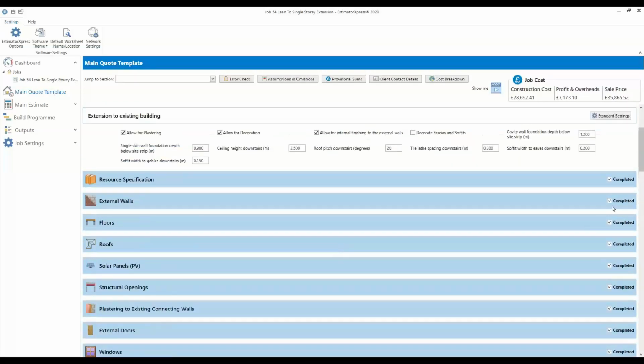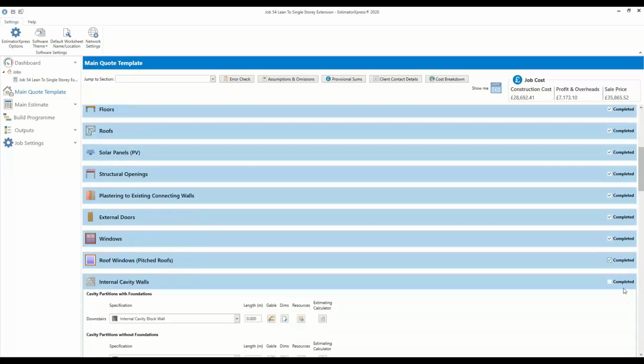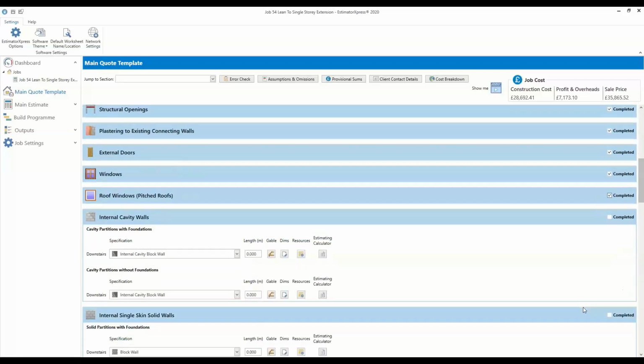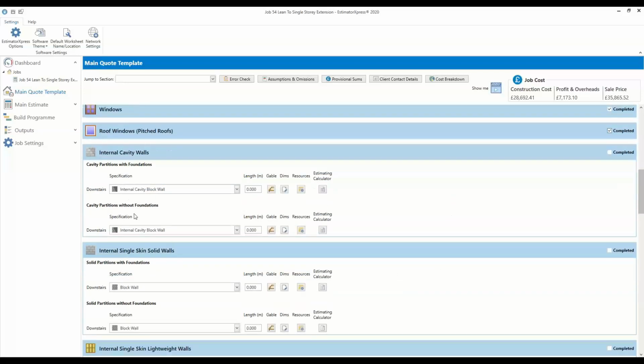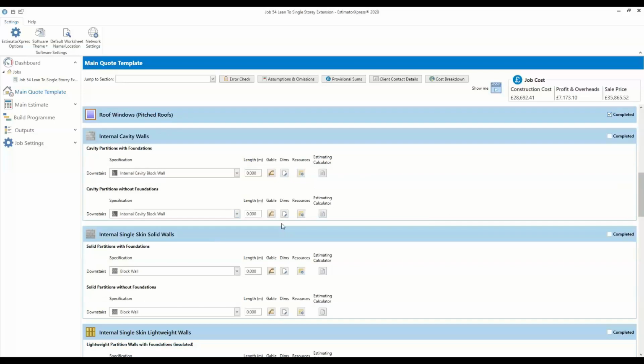So as you can see here, we're ticking boxes as we go down, making mental notes that we've done that section, and it's a case of then just working from top down to bottom. We've got some walls now. If it's going to be open planned,